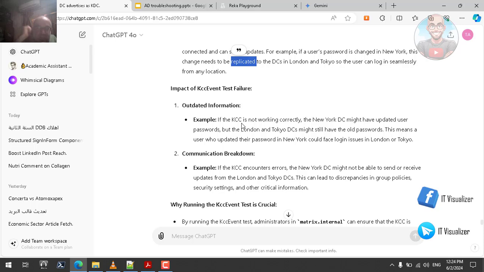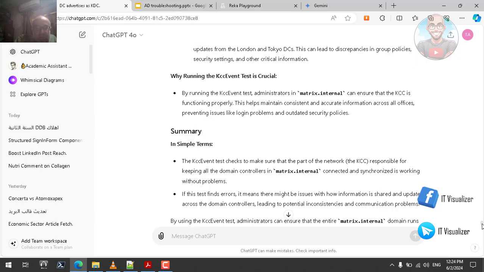So here again, it is insisting that the KCC is a service that makes sure all DCs are connected and sharing data efficiently. Even though this seems to be correct, the correct terminology is that it holds the topology for the replication, which servers are near to it and which servers are far from it, even though this is not said by ChatGPT. Why running the KCC test is crucial: